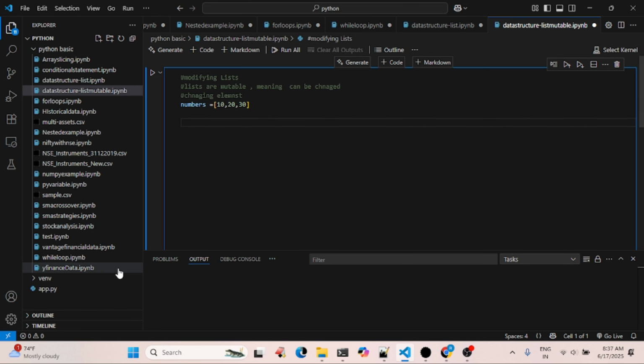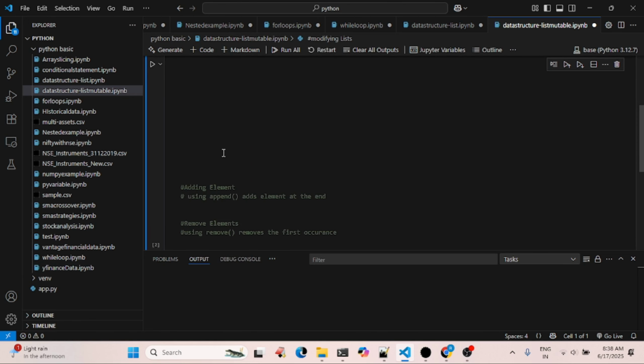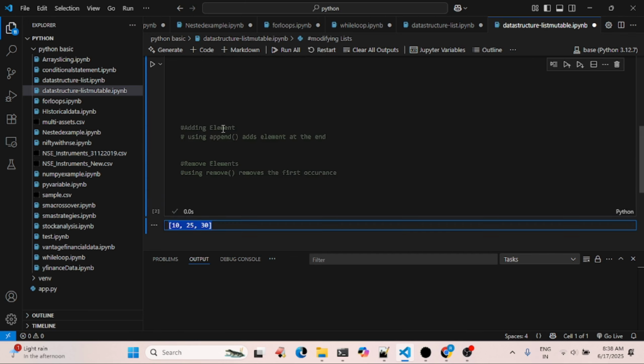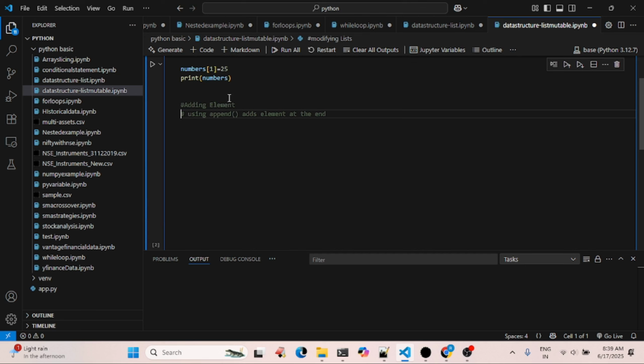हम इसको मॉडिफाई करते हैं अभी। नंबर्स, ओके, और इंडेक्स 1 पे है 20, मैं इसको ना 25 इंसर्ट करता हूँ। ठीक है, लेट्स प्रिंट द आउटपुट आएगा 10, 25 एंड 30। तो 20 रिप्लेस हो गया 25 से।